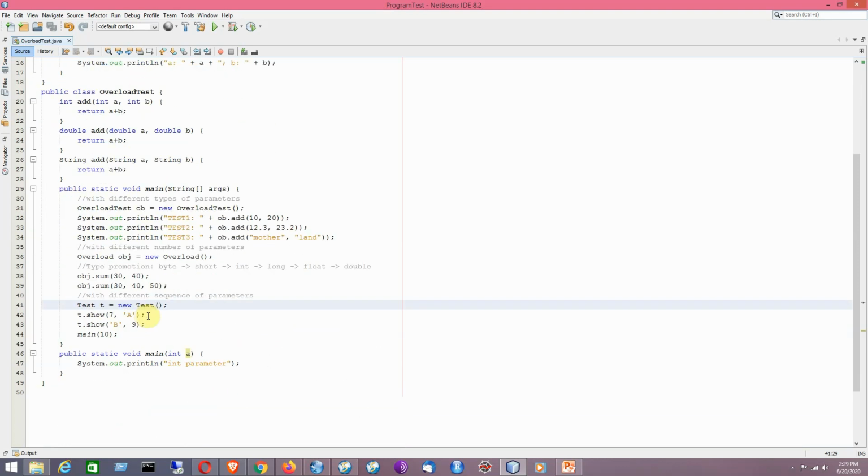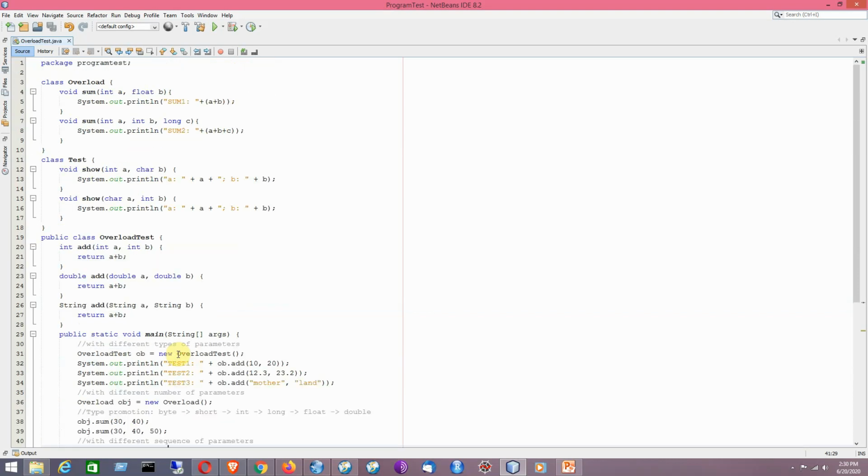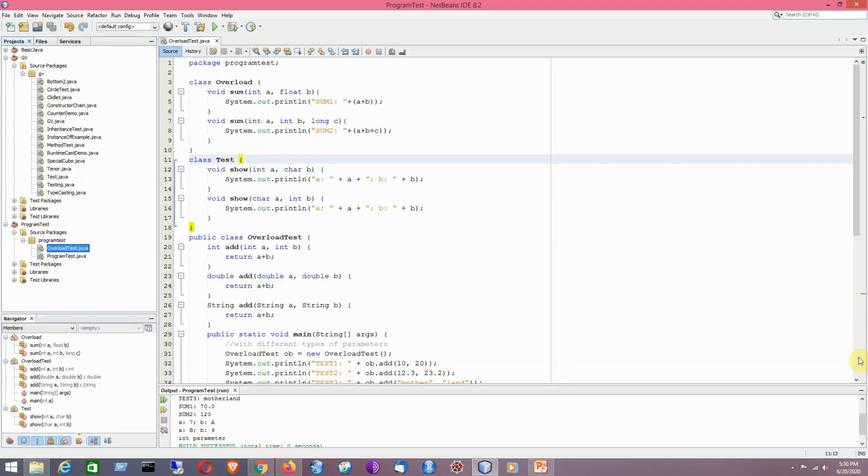And lastly, the example of static methods being overloaded: main is a static method, and it can also be overloaded. That is the example that I showed you in the output. So that is the logic for the program. I hope that you have understood the concept of method overloading, and in future you will be able to write your own programs using this concept. It is basically an example of compile time polymorphism. I have just demonstrated the example of compile time polymorphism.